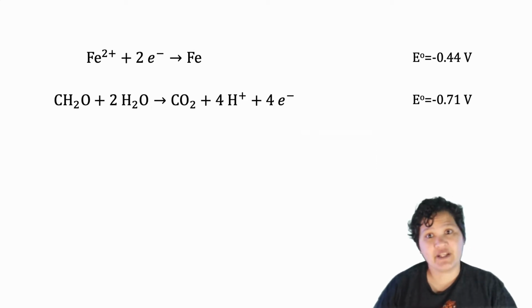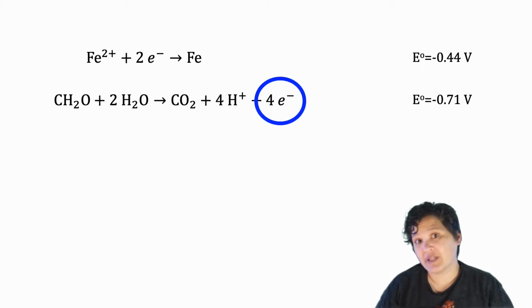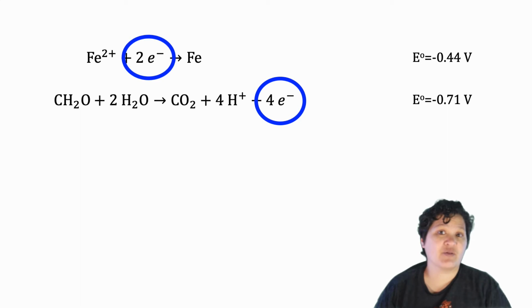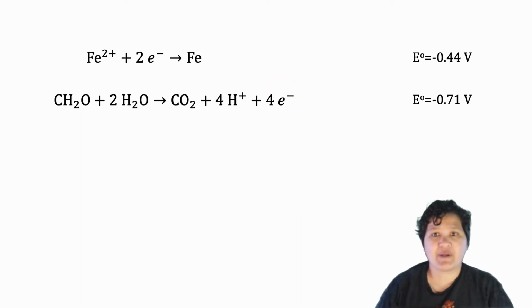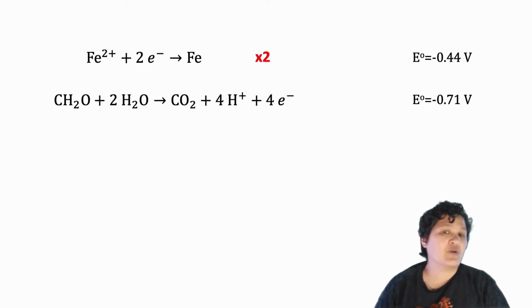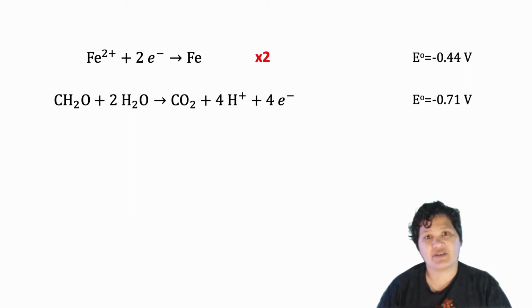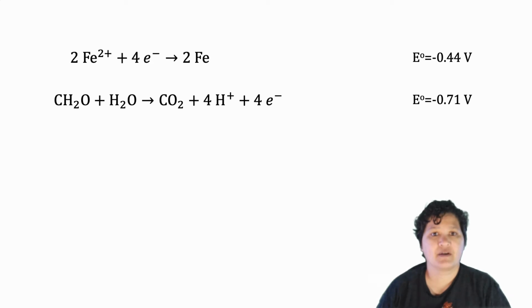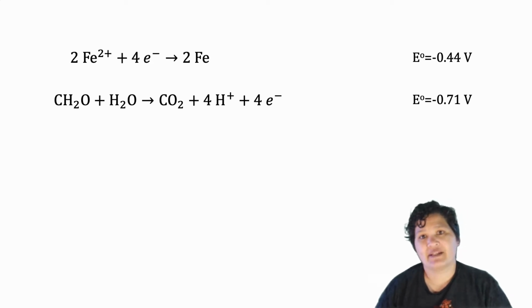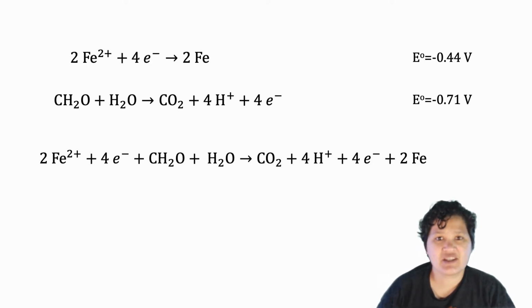Okay, the next thing we need to do is figure out how many electrons will be exchanged in the balanced reaction. The bottom reaction has 4 electrons, while the top reaction only has 2, and we need those numbers to be equal. So we're going to multiply the top reaction by 2 in order to get equal numbers of electrons in each half reaction. So now that we've multiplied it by 2, let's go ahead and add these 2 reactions